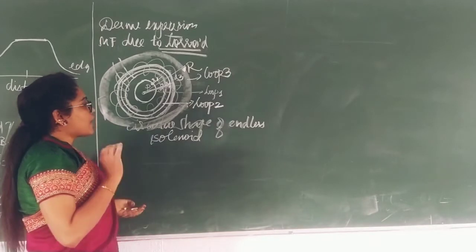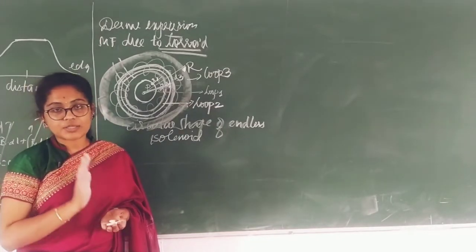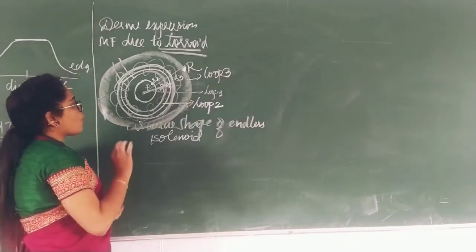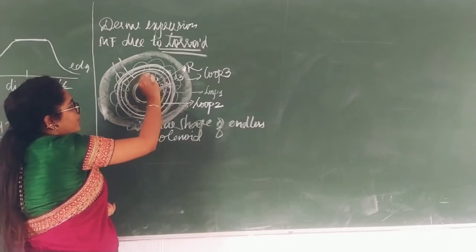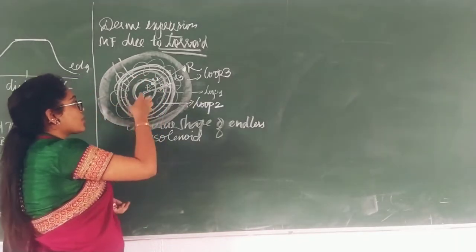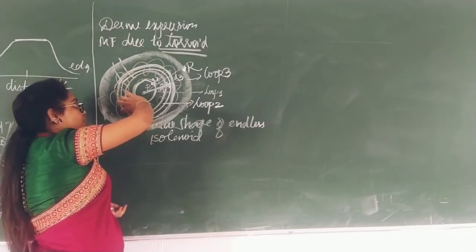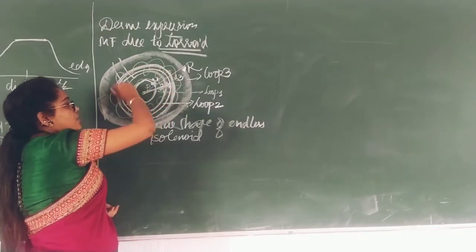Okay. We are considering the next step. We are considering a loop. So how many loops do we have? 3 loops. First loop is inside a solenoid, and the second loop is whatever the solenoid we have, between that, I mean the number of turns inside that I am going to consider.